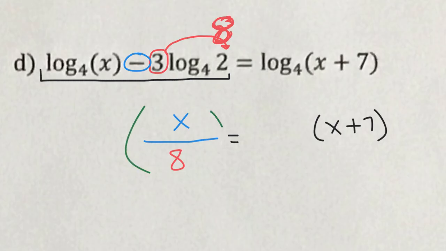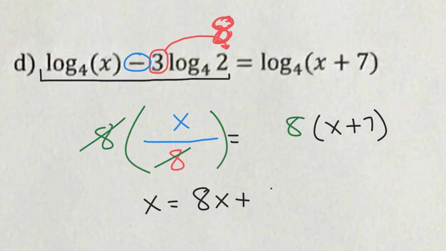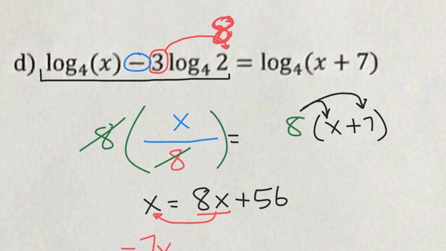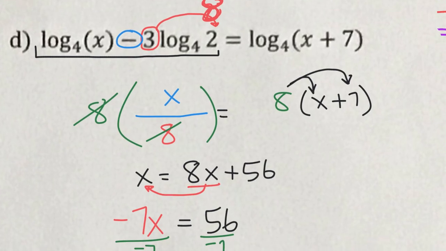So let's multiply both sides by 8. Right? That's how we get rid of that denominator. So x equals 8x plus 56 when we distribute that 8 into both of those things on that side. Then I'm going to subtract my 8x over here. 1x minus 8x is negative 7x. And my last step would be to divide both sides by negative 7, and x equals negative 8, which should